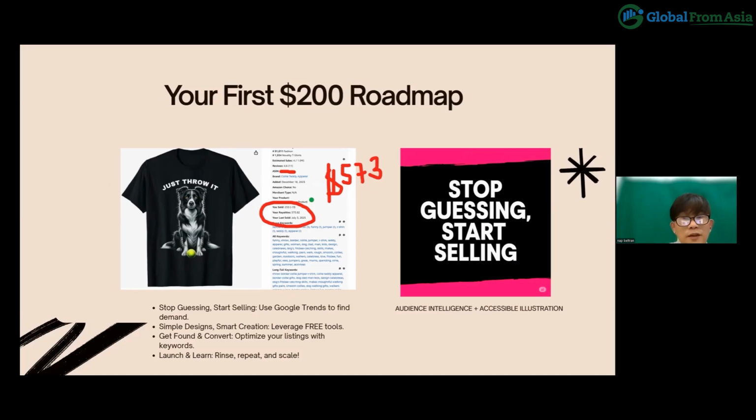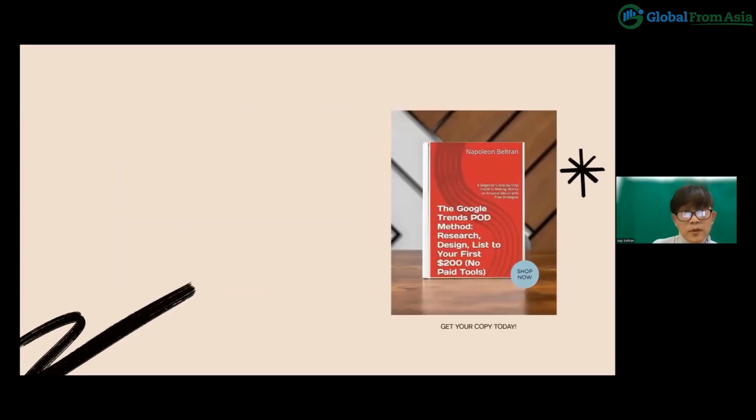And now that I have a framework that really works, it's very easy for me to conceptualize, to start my research, to do the design, and also go into the listing, because the listing part is what would help you sell on marketplaces.